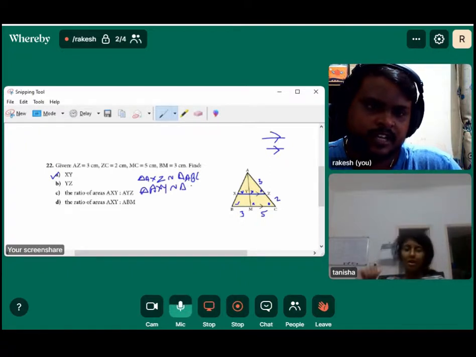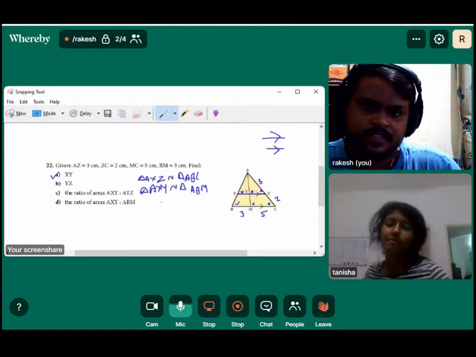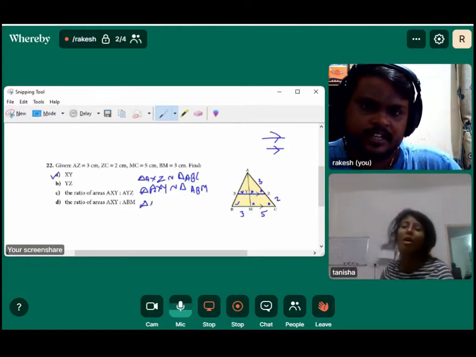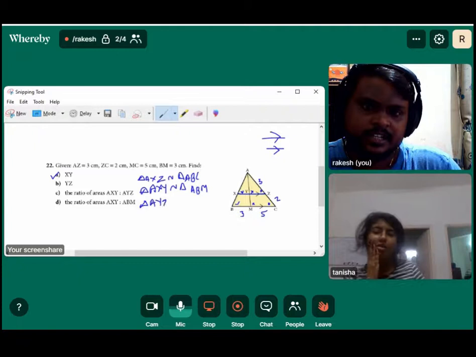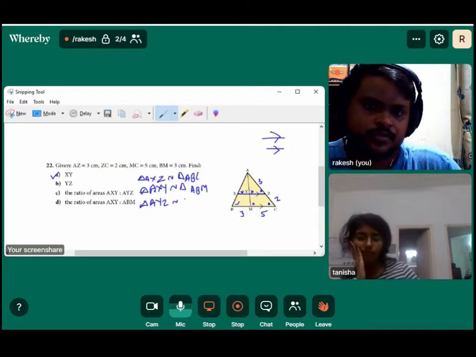Can you name the triangle? AXY is similar to ABM. See, AXY is similar to ABM. This way, if I write triangle AYZ, that is similar to triangle